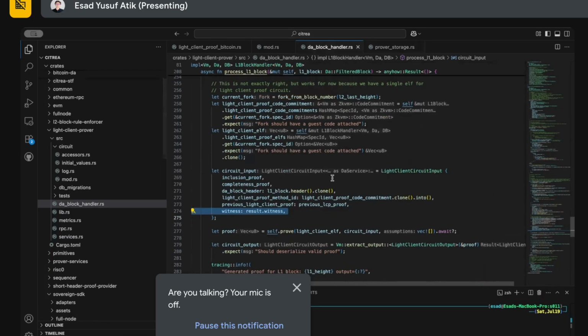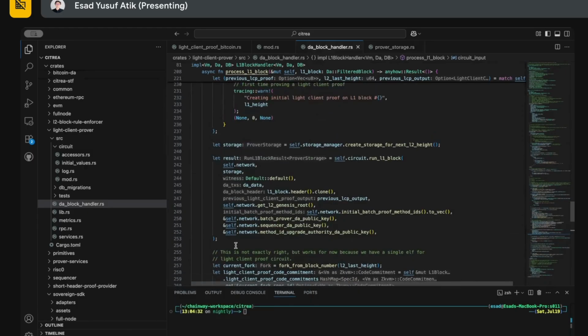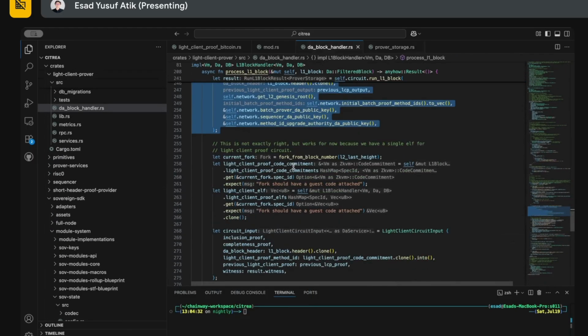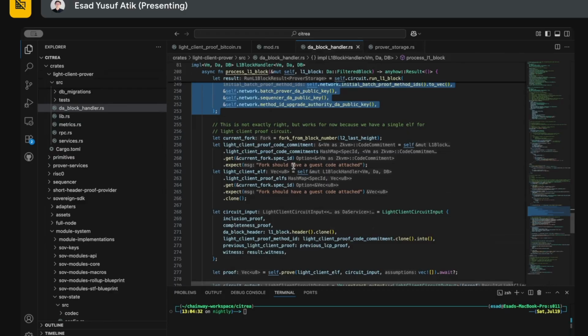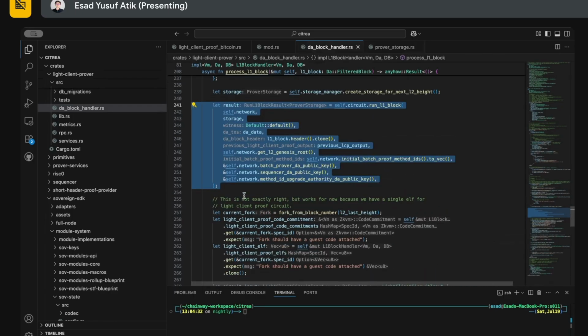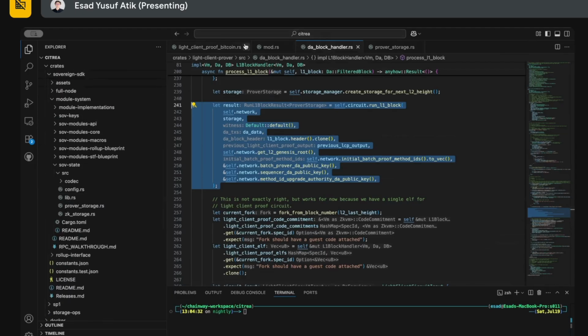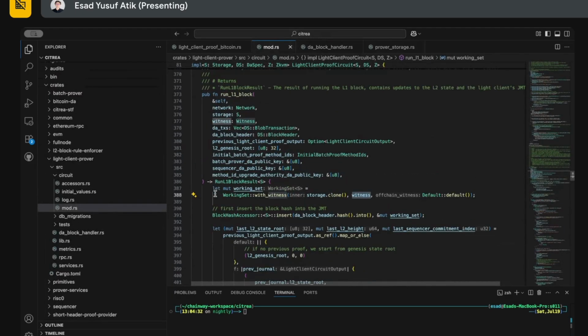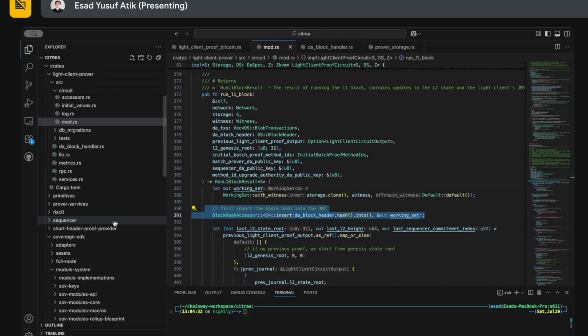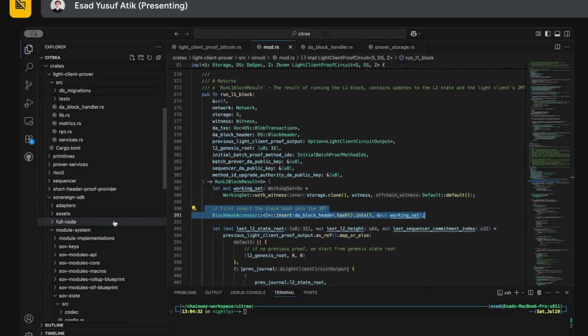Right? So when I run this run L1 block function at the end, what I'm going to get is a witness full of all the state reads and writes and their JMT proofs in order for the ZK circuit to use. And whenever I'm in ZK mode, in ZK context, and I create a working set and I do any inserts and any gets, my instance of storage, which is the ZK storage now, is using that witness to get the hints,